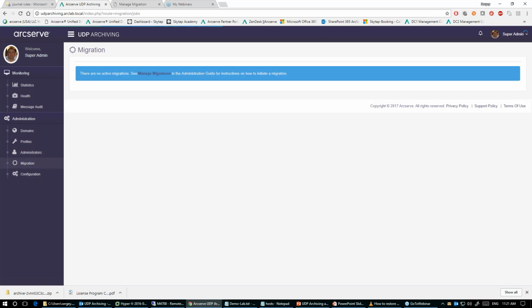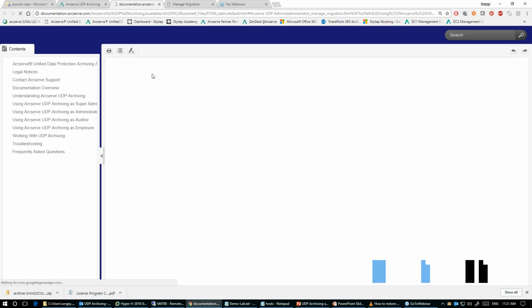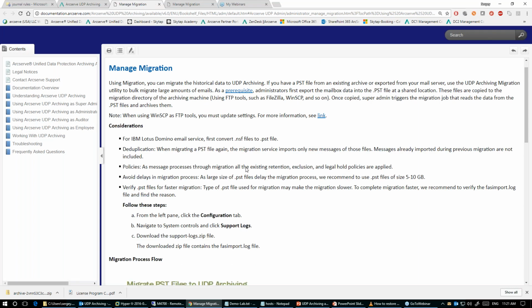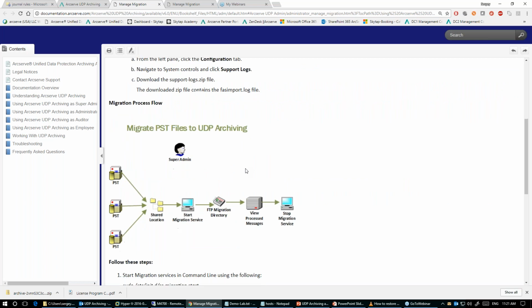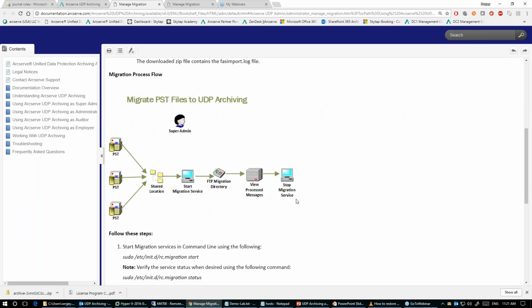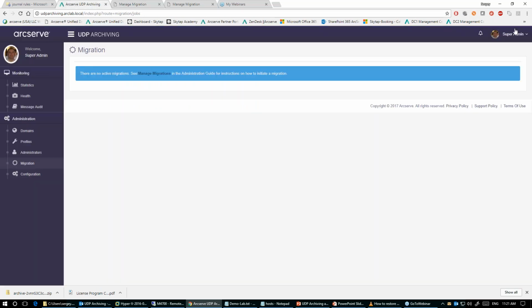And migration, as I said earlier, migration doesn't look too exciting, but if you click on the link on that page, it will open you another page from our user guide, which will instruct you step by step what needs to be done to import previously stored content into archiving. And this is a very cool feature. Once you do that, all content will be indexed and found via search.